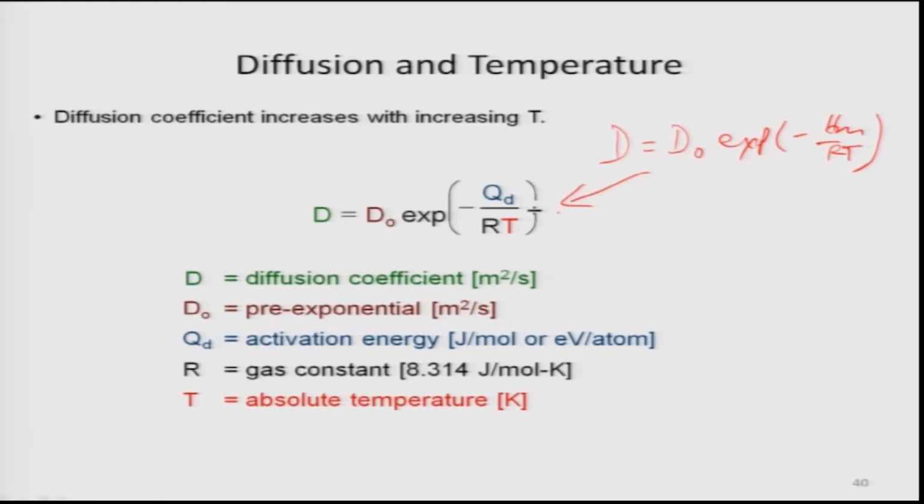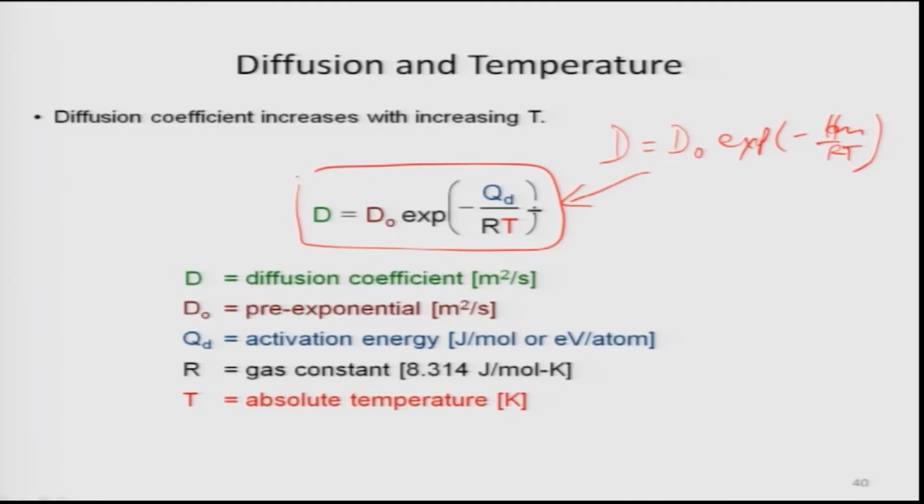Hm is nothing but the enthalpy of migration, that is, the activation energy for migrating one atom from one site to the other site. That is why you always see this fundamental equation, D is equal to D0 exponential minus Q by RT, where Q is the activation energy for diffusion to happen,